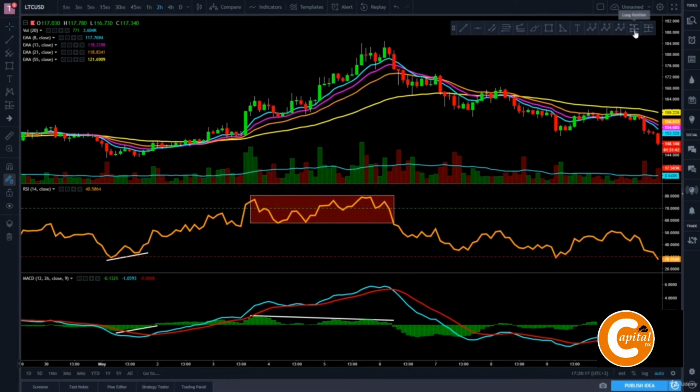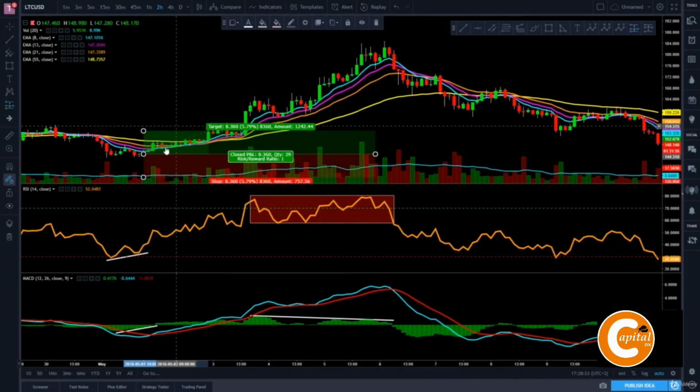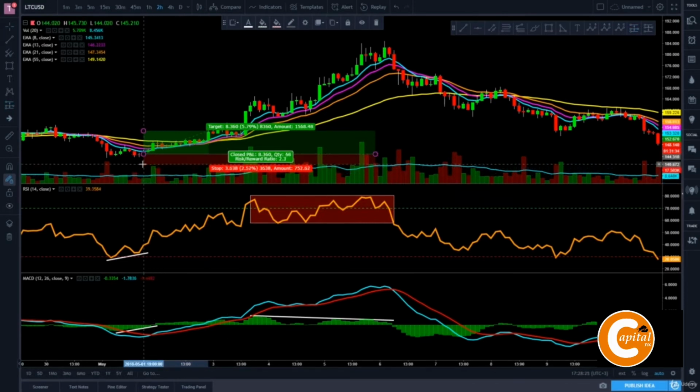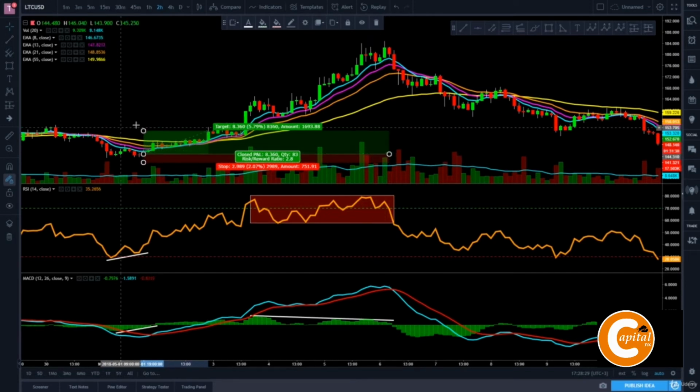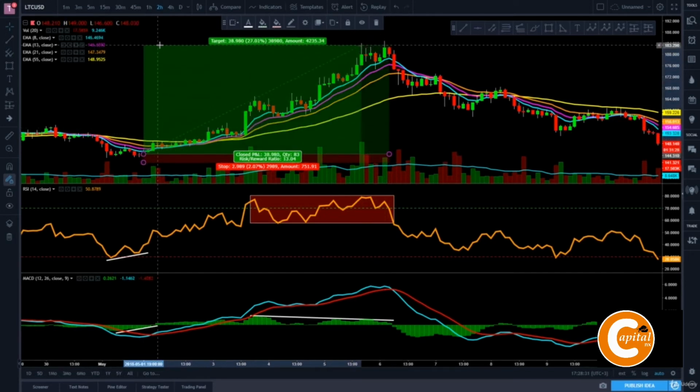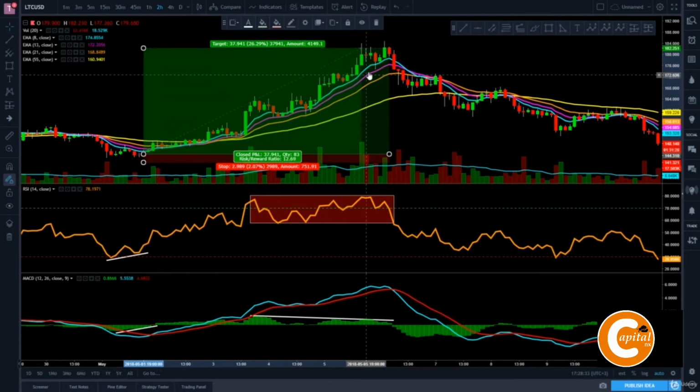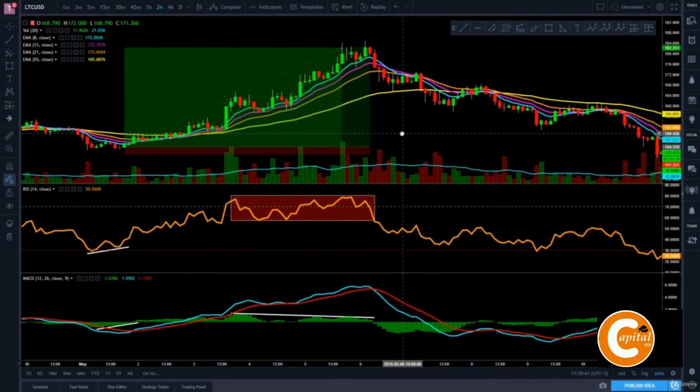I will take my long position tool and set our entry point somewhere around here at this candle. Set my stop loss slightly below these candles right here. And in this very simple trade you would have made a 26% gain just by using these two indicators and following some simple strategies. As we can clearly see from the price chart, from that peak where we sold, the